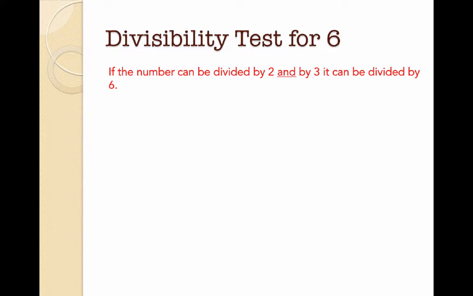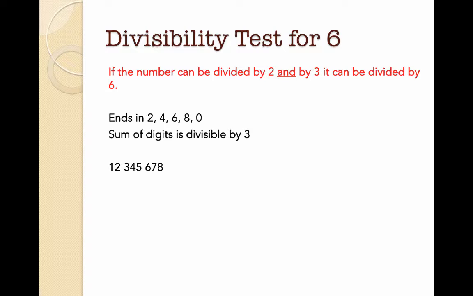If a number can be divided by both 2 and 3, it can be divided by 6. Let's take a look at what that means. A number can be divided by 2 if it ends with an even number or a 0, and it can be divided by 3 if the sum of the digits is divisible by 3. So let's look at our number